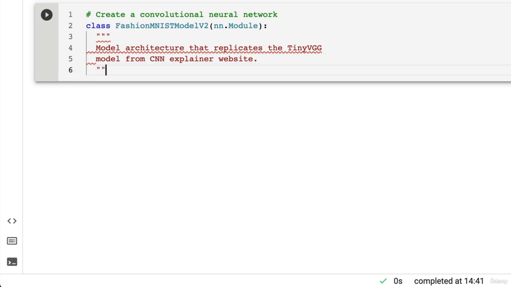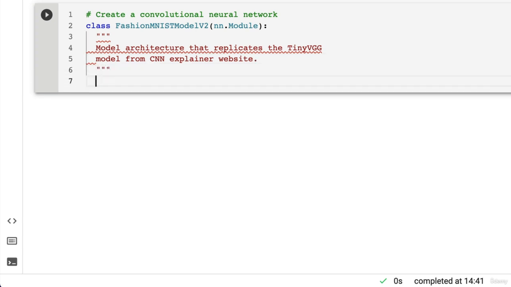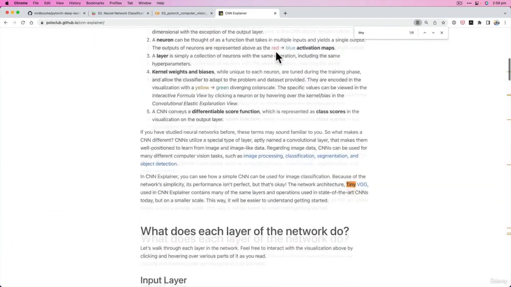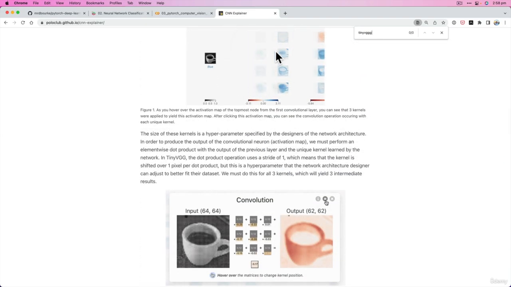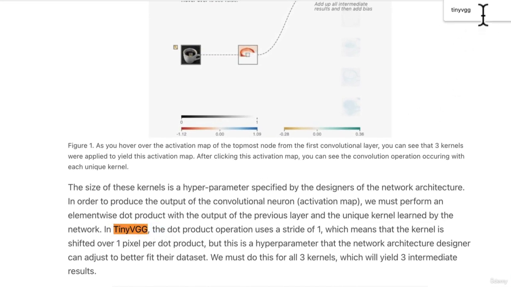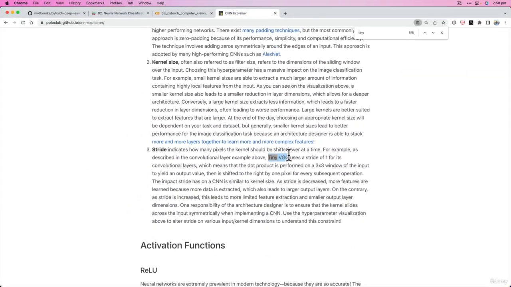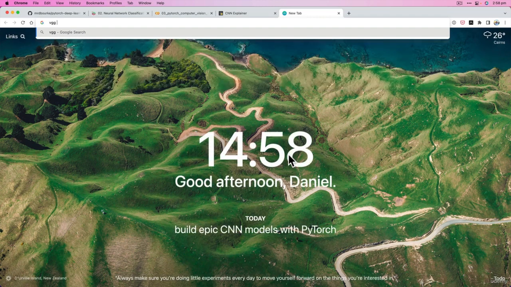Oftentimes when convolutional neural networks or new types of architecture come out, the authors of the research paper that presents the model get to name the model. That way, in the future, you can refer to different types of model architectures with just a simple name like tiny VGG, and people kind of know what's going on. So I believe somewhere on here it's called tiny VGG. Yeah, there we go. And if we look up VGG, ConvNet,